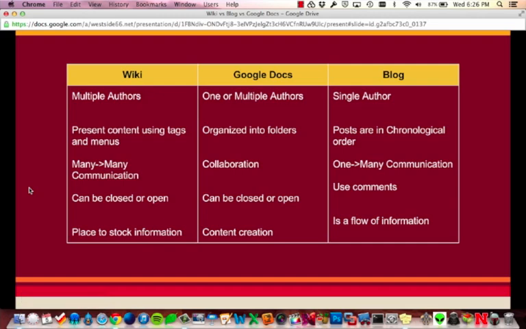Wikis, Google Docs, and blogs are three different web-based tools that you have at your disposal to use in your classroom. Wikis are a web page that allows multiple authors to add content, and it creates a page that everybody can access. Wikis present content using tags and menus, and they allow for many-to-many communication. What that means is you can have multiple teachers or even multiple students go together and create one page that